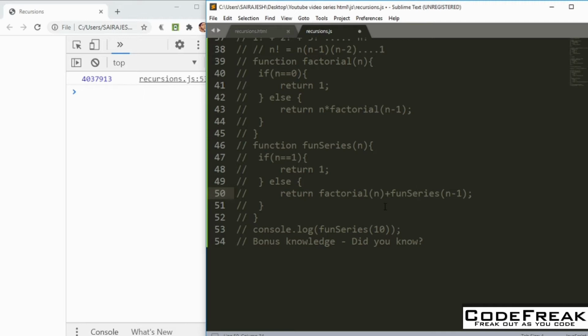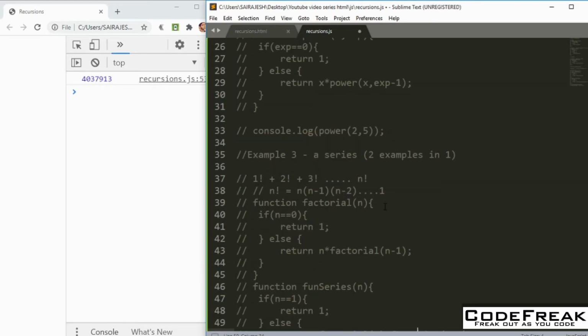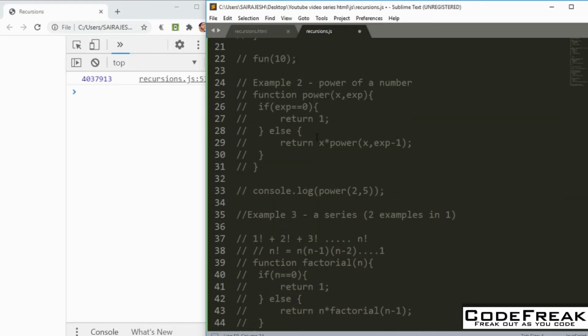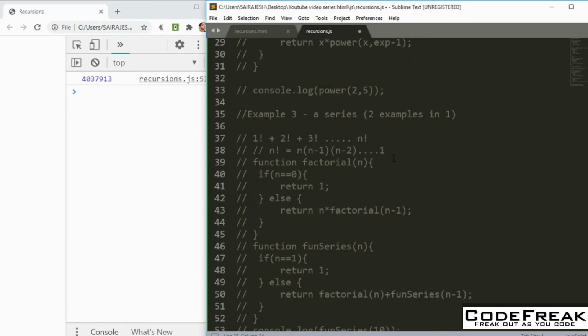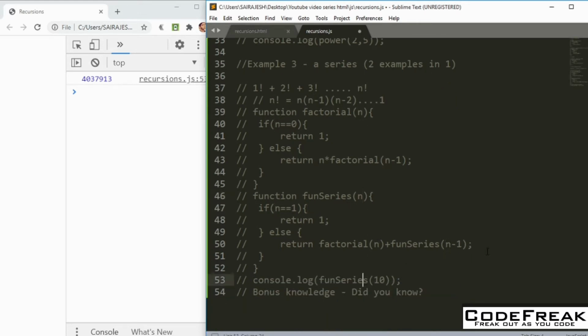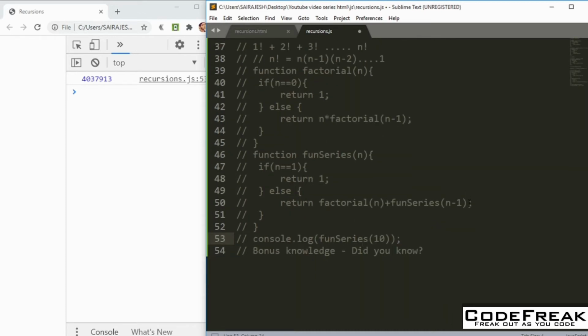So in some of these cases which we had here previously, the recursion depth here, for example, is going to be exp. And then here the recursion depth for the factorial function is going to be n. But the recursion depth for this, I don't know, count it out. It's going to be big, I guess. I'm not sure. Okay. So the maximum recursion depth is limited by the JavaScript engine. We can rely on it being 10,000. Some engines allow more, but 100,000 is probably out of the limit for the majority of them.